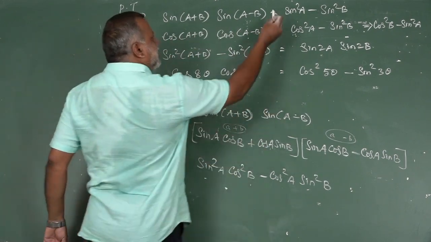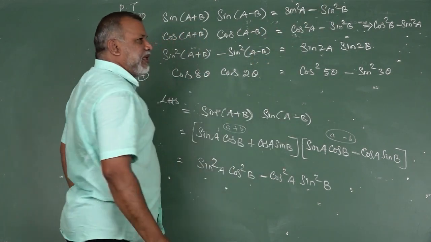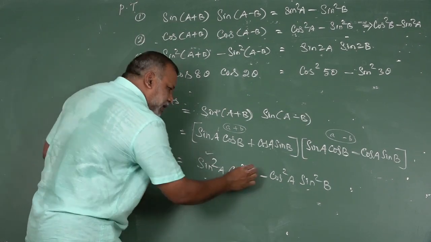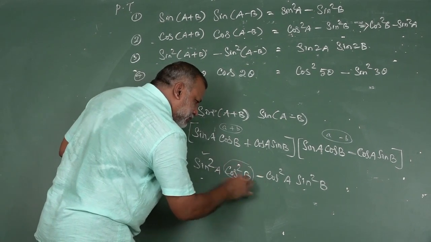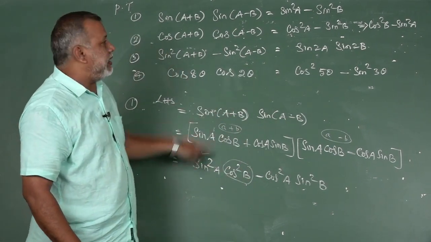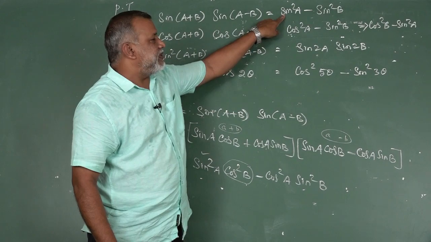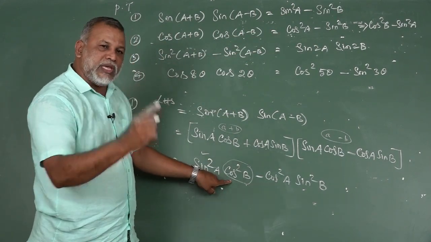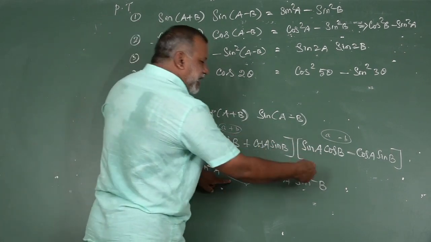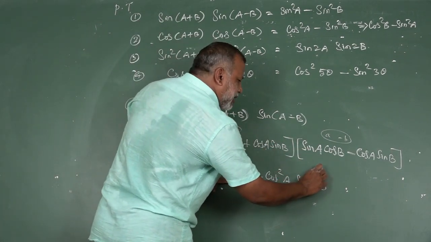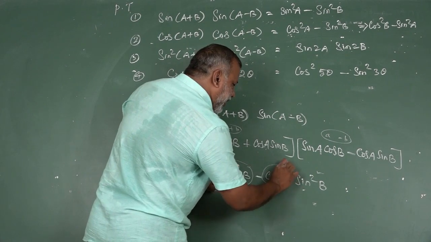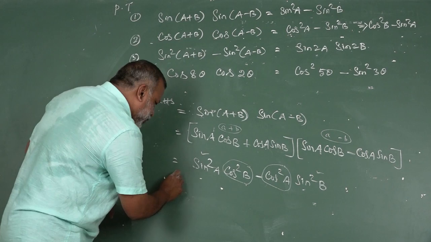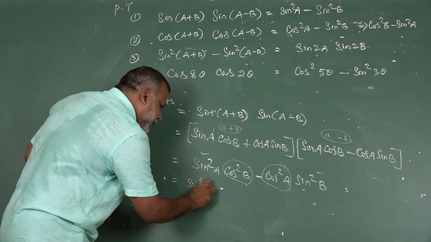See the proof. What is the proof here? Sin squared A minus sin squared B. So we need this sin squared A, and now I want to eliminate this one. Depending upon the proof, sin squared A is wanted, so I want to remove the cos squared B. In the second place, sin squared B is wanted, so cos squared A will be removed. So sin squared A is wanted, so keep it as it is.